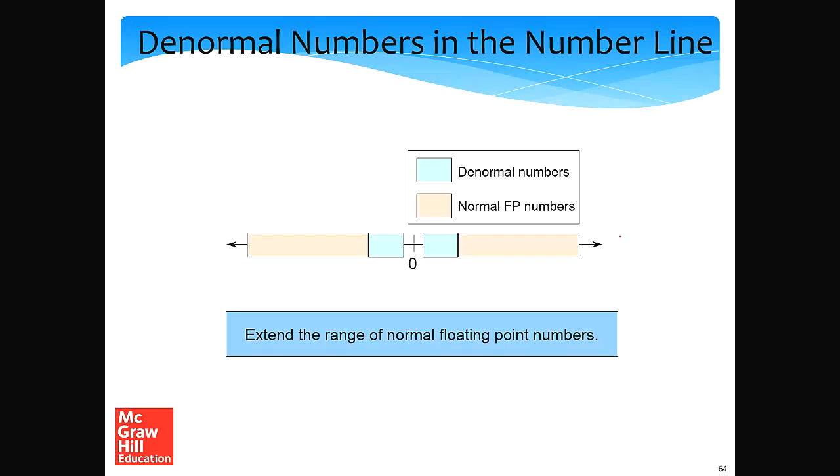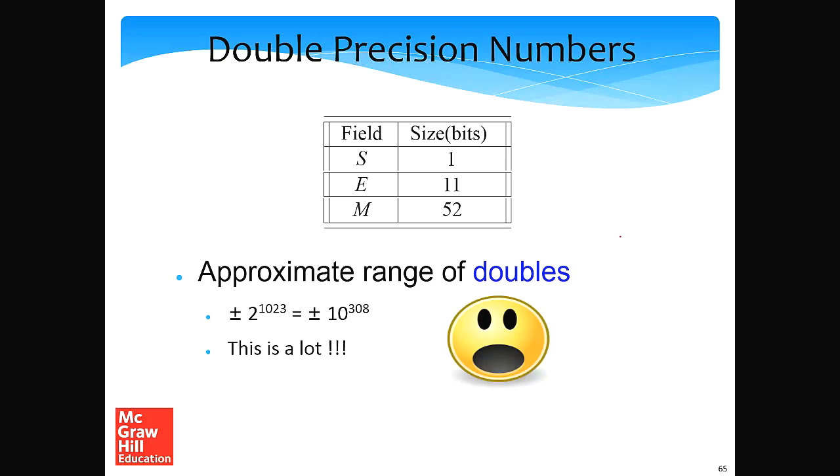So as I said, all that denormal numbers do is they extend the range of floating point numbers a little bit. And mind you, such diagrams are never drawn to scale, such that again our maths make sense. So what we saw is the range of floating point numbers. So let's look at the range of the number systems.